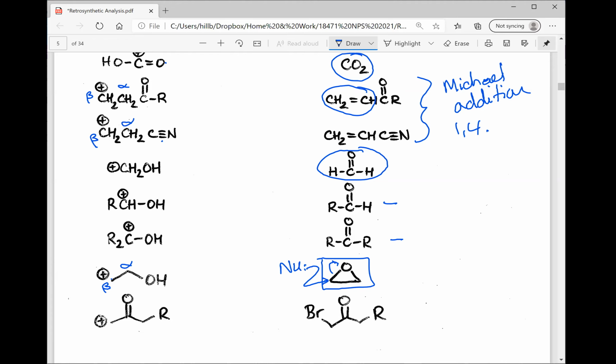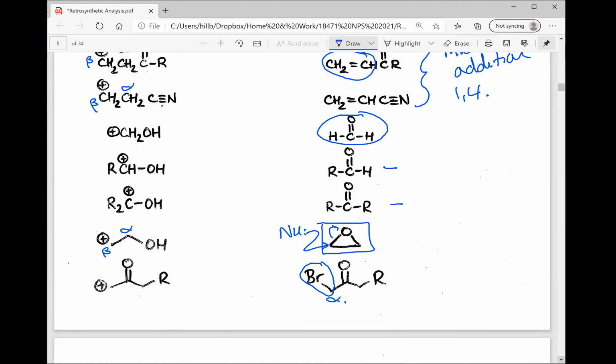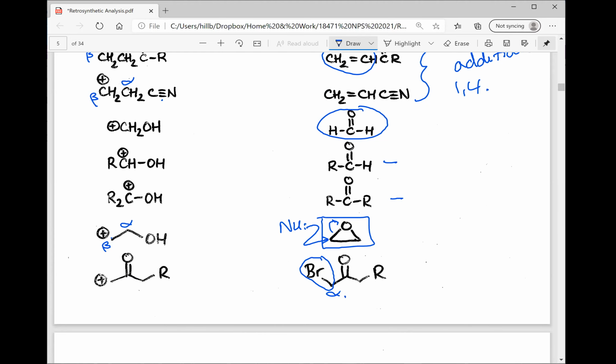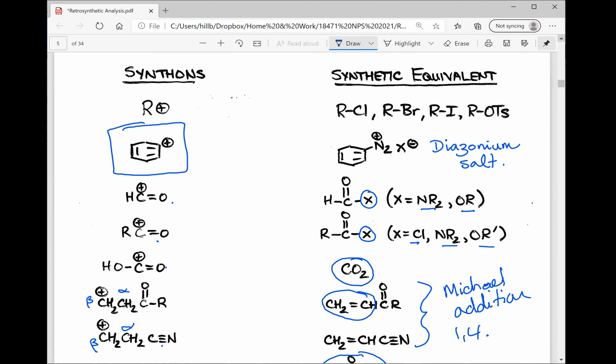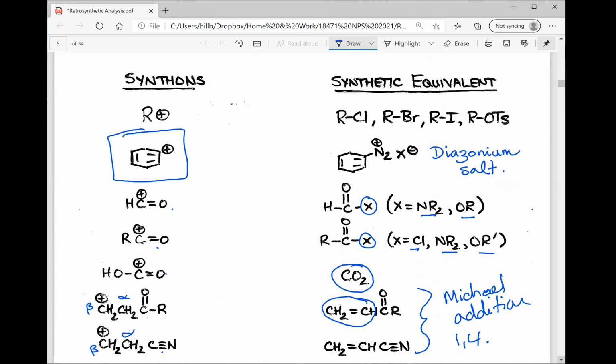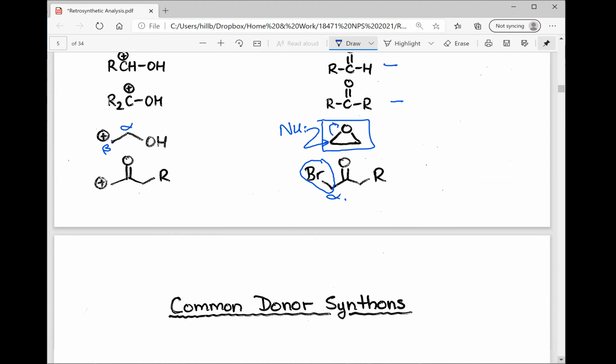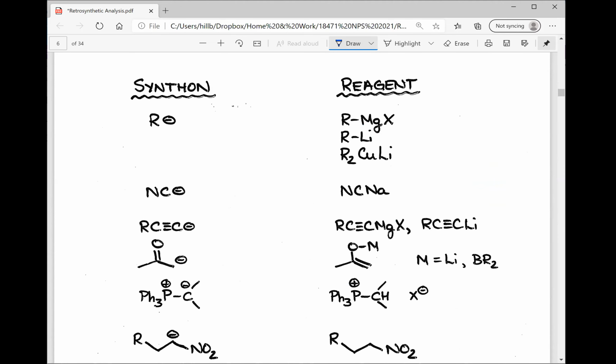And the fun thing about carbonyls is that if you have a leaving group on the alpha carbon, then you can use this as the acceptor, like a bromo ketone, alpha bromo ketone or something like that. So those are some of the common acceptors that we'll see. And when it comes to negative charges, donors, so carbon with a minus, well,